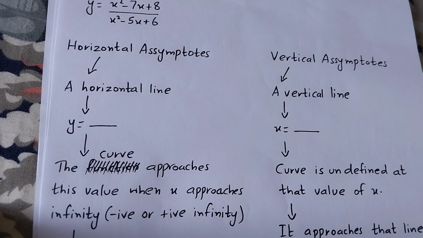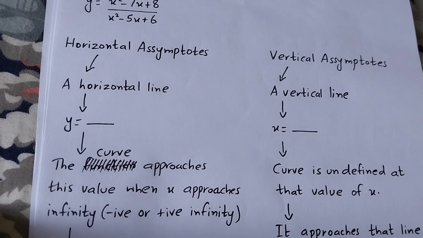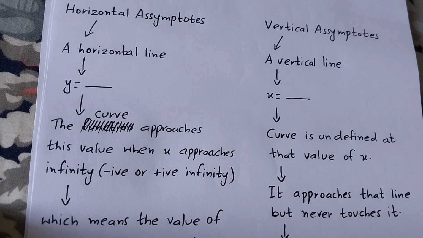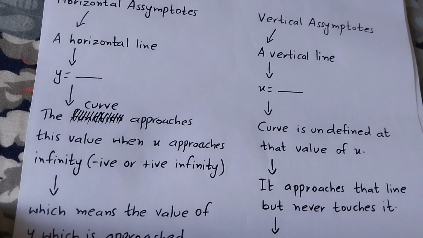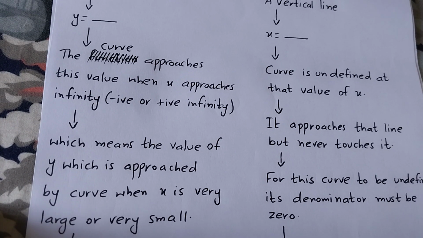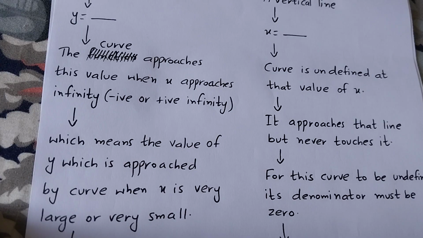So how do we define horizontal asymptote? We define horizontal asymptotes as the value of y which the curve approaches when x approaches infinity, negative infinity or positive infinity. Meaning, the value of y which is approached by this curve when x is very large or very small, because positive